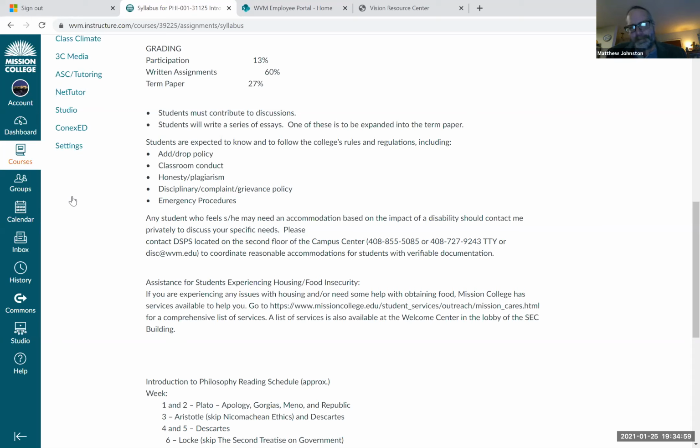A W affects your academic standing, but not like an F. So if you are going to stop going to the class, drop yourself. All you got to do is get on there and drop yourself, and it'll save you from the repercussions of just dropping out and disappearing without saying anything. Go on to the website and drop yourself. This is not true only of my class, but any class. Don't get Fs when you can get Ws.